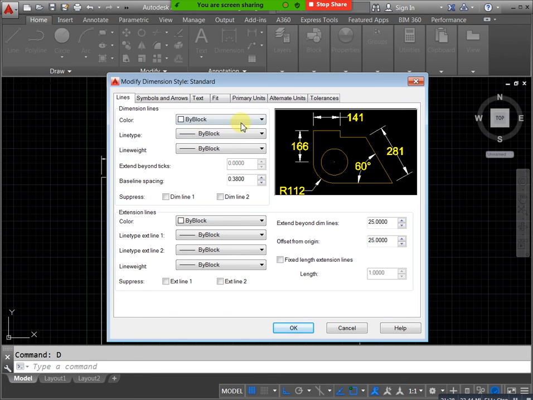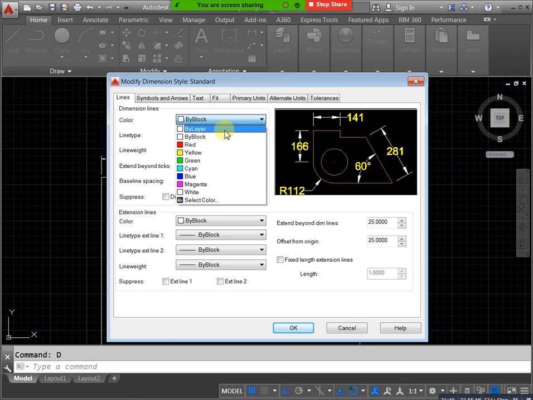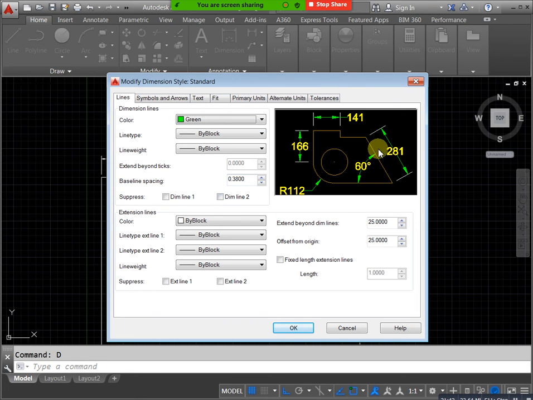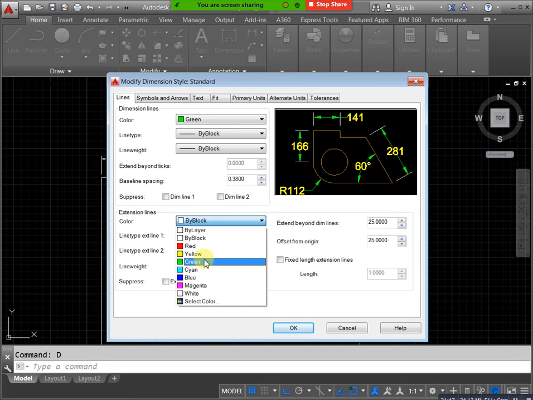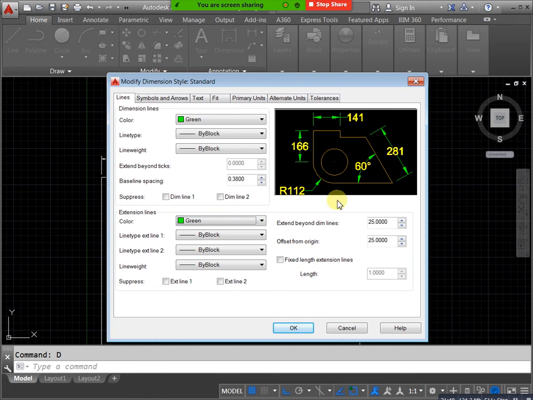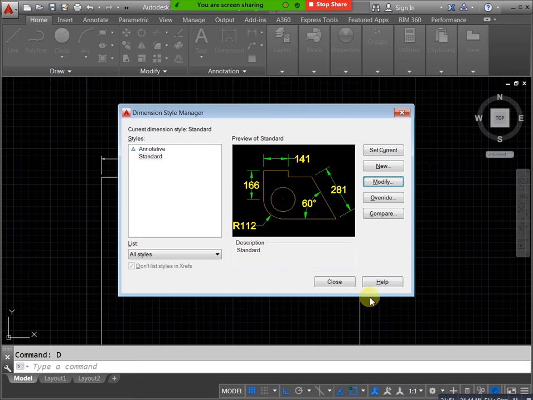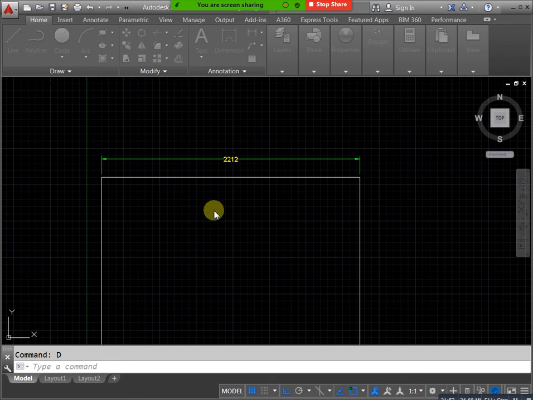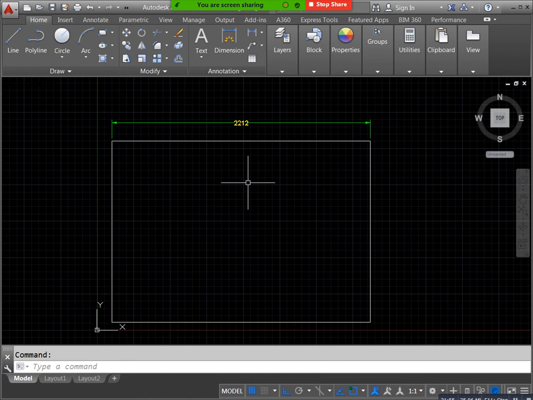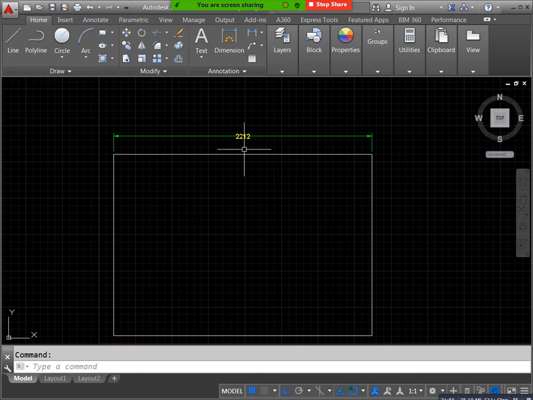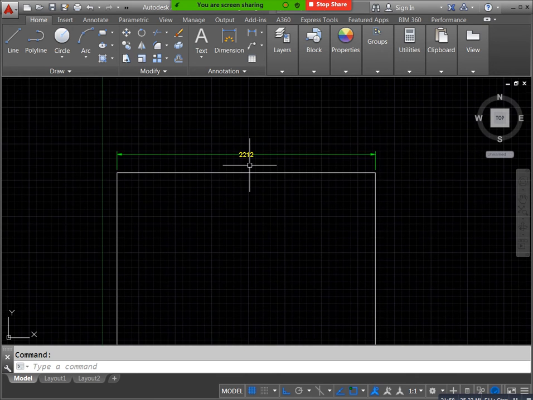See, I have one more requirement. Here we have the dimension at the middle position. I need it above the line. Here we have the dimension line, and I need the text above. How can we apply that? Again D, enter, go to Modify. In this Modify, go to Text. Here we have text placement, currently below.